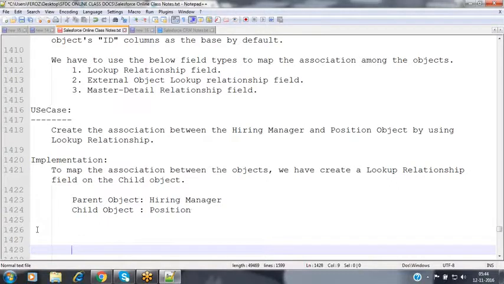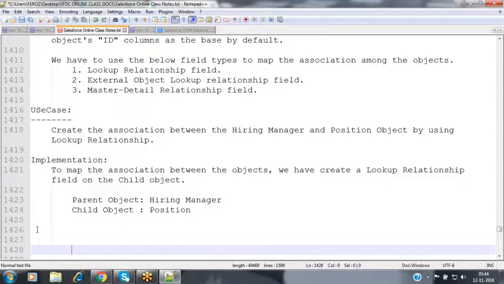Because hiring manager means what? The person who is going to be taking care of recruiting the candidates for the position. Nothing but a recruiter. How many positions can be handled by a recruiter? A recruiter can handle multiple positions also.